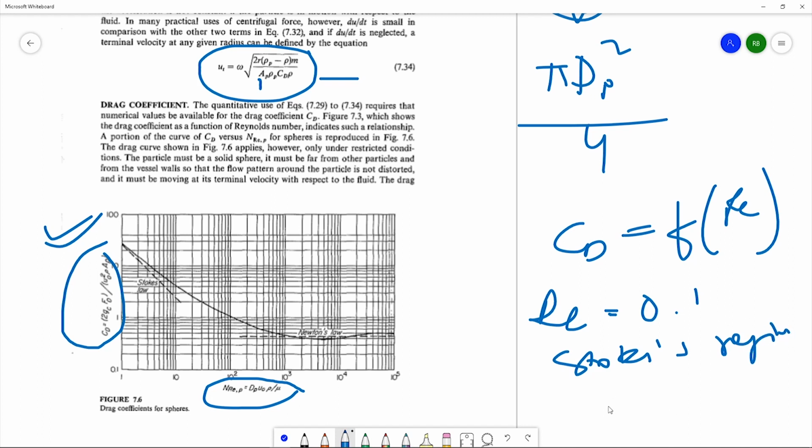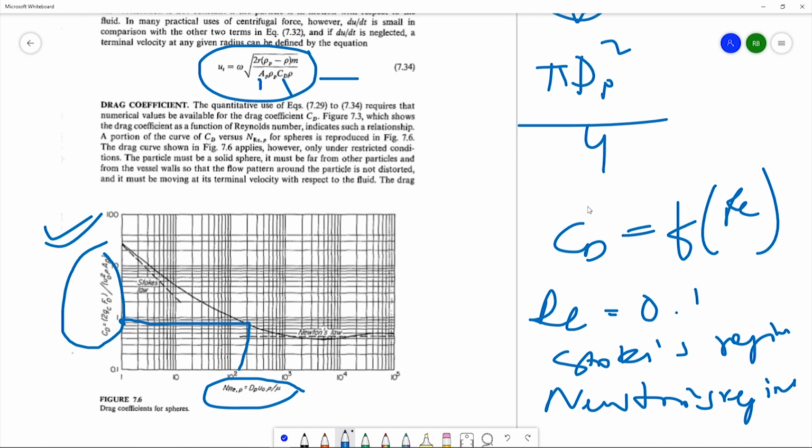And if it is higher than 1, then it is Newton's regime. So you can find out the range. Suppose you first want to calculate the CD: first calculate the Reynolds number, then draw a vertical line. You can get the drag coefficient. Okay. So this is how you calculate the terminal velocity for a spherical particle in gravitational field as well as